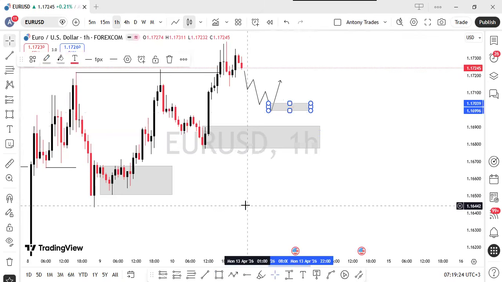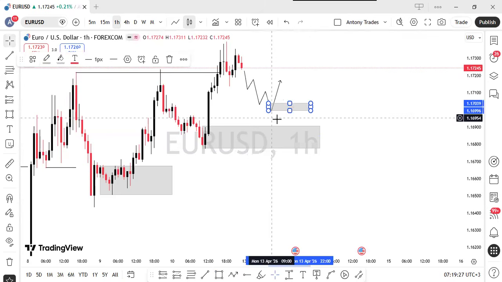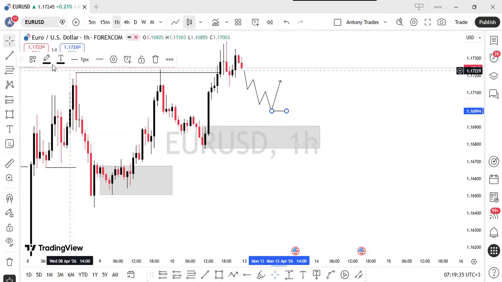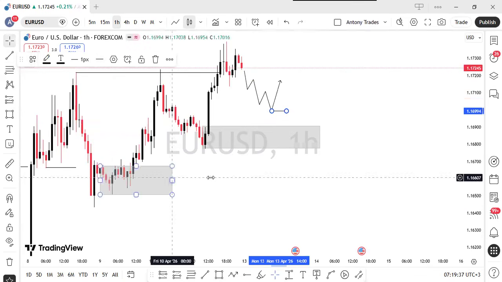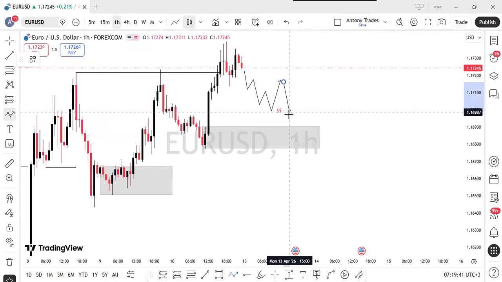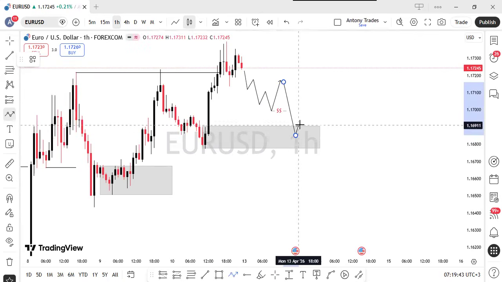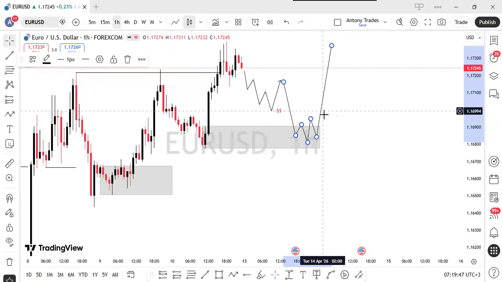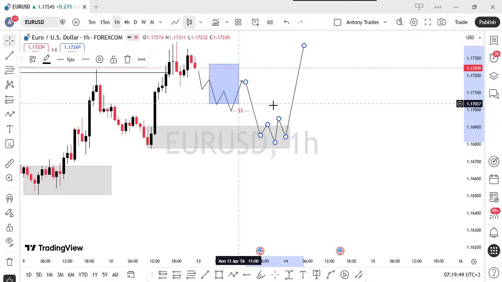That is to mean there are a lot of stop losses below this area. So for this scenario here, the market has created liquidity. You see, the market would have created the liquidity low around this area. So what do we expect? We expect the market to come down now, sweep that liquidity, come to this zone, and then give you that change of character and we continue buying. So those are the scenarios that